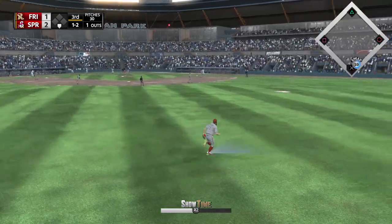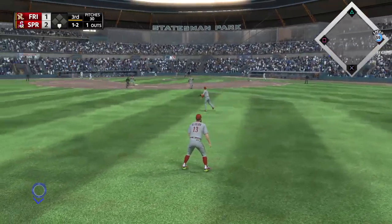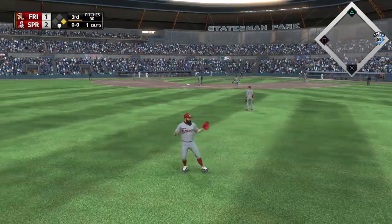Lifted the other way out to left center. Robinson is in pursuit, but he won't get there. It falls in. I mean, that had to feel amazing right there. I know it's only a single, but when you're walking to the plate and you're not...